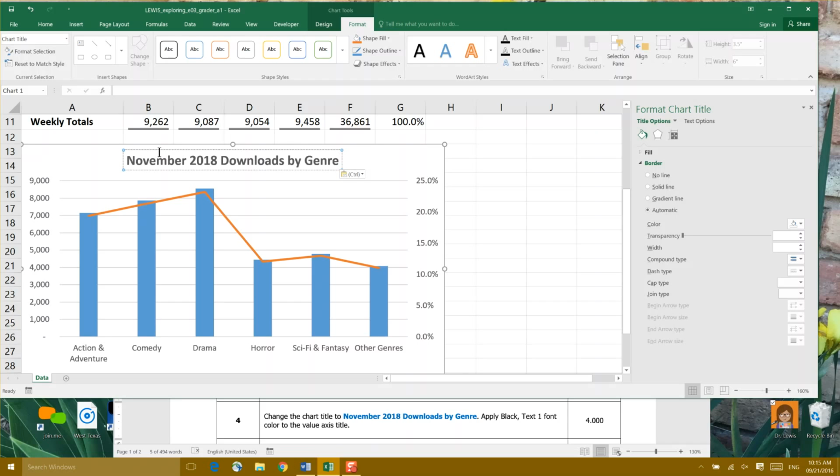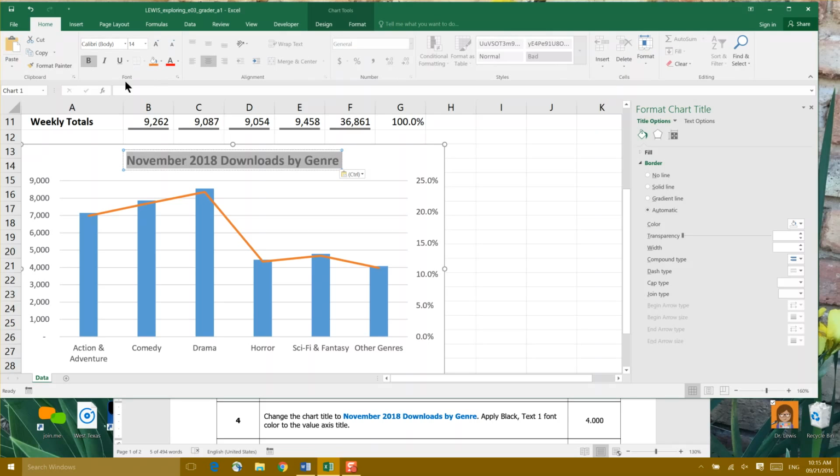Apply black text 1 font. So I'm going to highlight my title one more time. I'm going to go back to the Home tab. I'm going to go to my fonts dialog box where the red A happens to be on my computer. And it's asking us to find black text 1. So if you hover your mouse over the different colors, you'll see that it'll pop out and tell you if it's blue or if it's green. But up here, the second choice happens to be black text 1 font